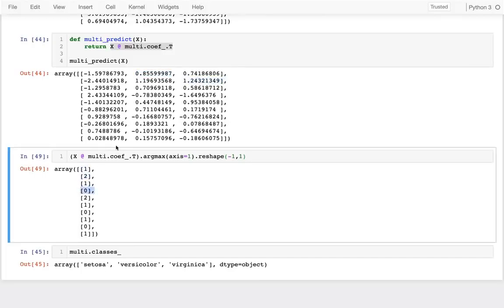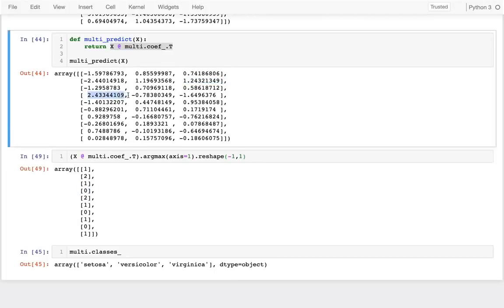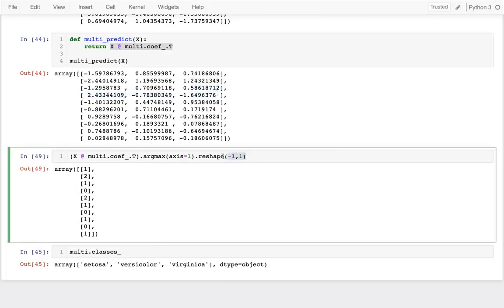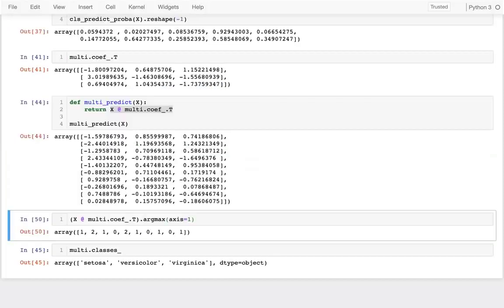Let me check the fourth one. That means the 0th position is bigger. So this is bigger than these. So that's absolutely true. And so what's cool about if I have a NumPy array like this, I can put